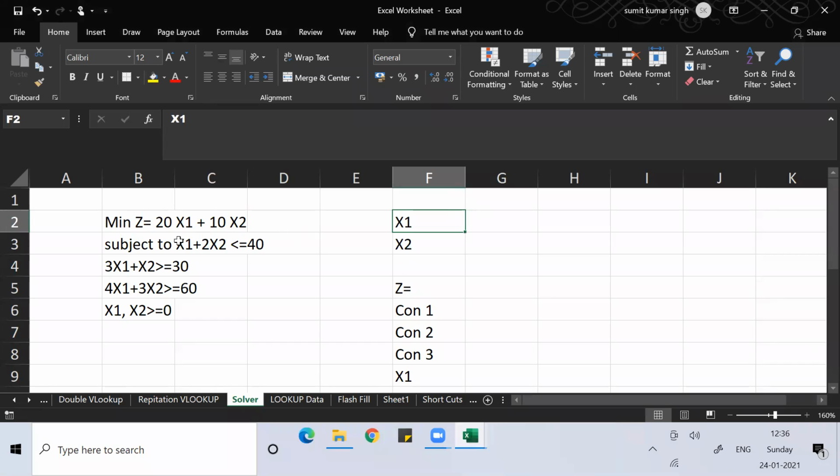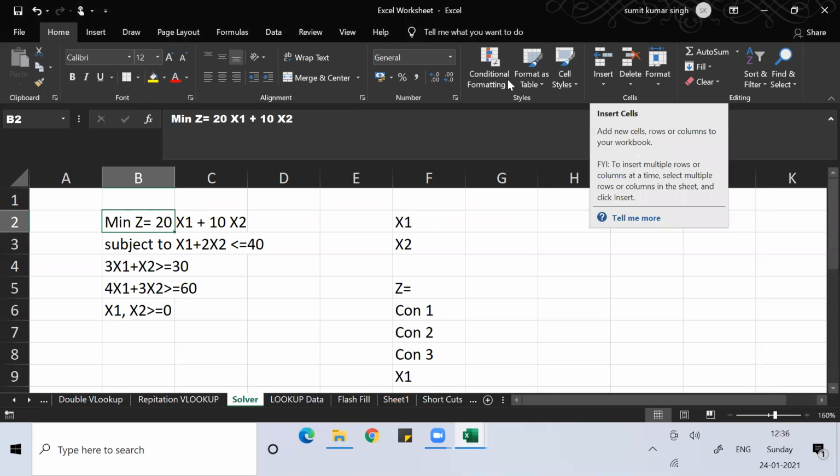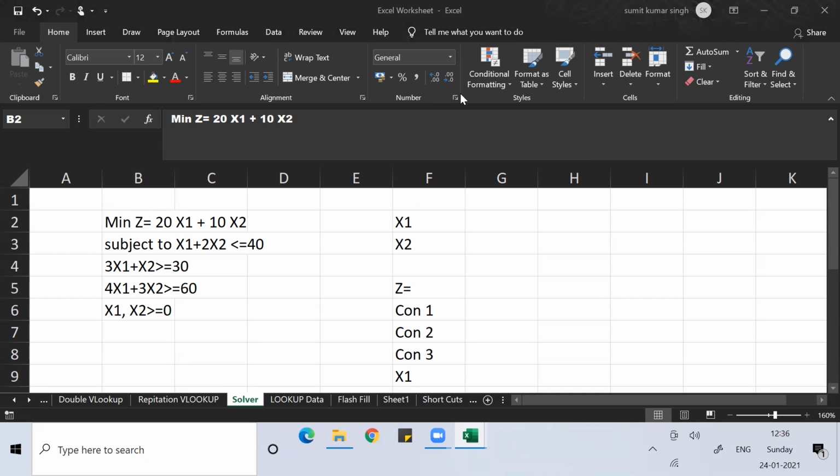Suppose this is the problem I want to solve. If in your class you're going through LPP problems, if you've done the Big M method, the two-phase method, or whatever you studied in LPP, or solving by the graphical method or the simplex method, each method has its own constraints when you're working on it. So the best way to get the answer for a given situation would be to use the Solver in MS Excel.